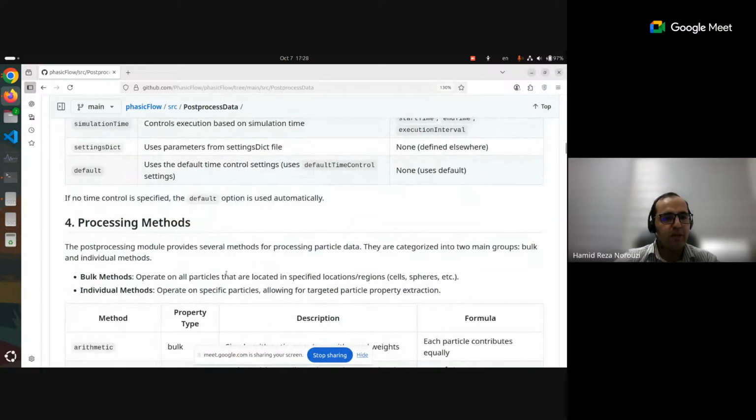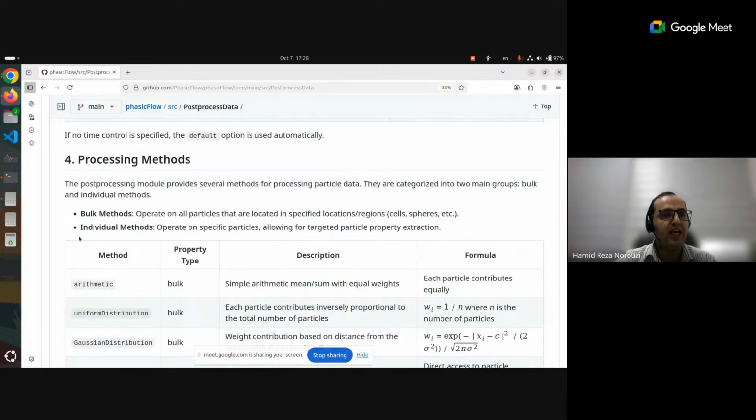We have some processing methods. For processing methods, we actually have two types. The first type is used to calculate bulk properties like solid volume fraction, average velocity of the particles, and concentration of a specific particle, and so on. These are the bulk properties. We calculate the bulk properties from the individual particle properties. We also have another processing method that is used to obtain the individual properties of